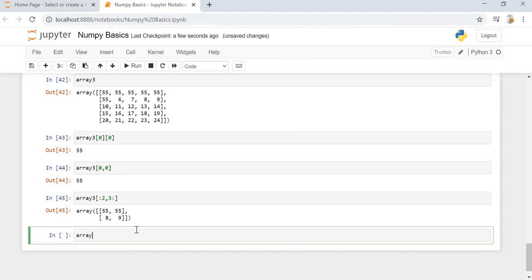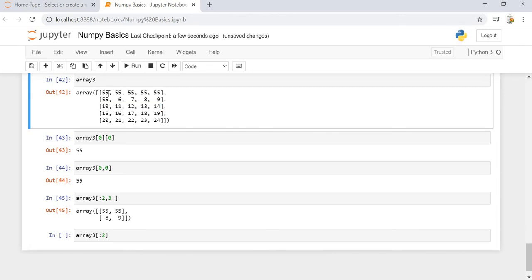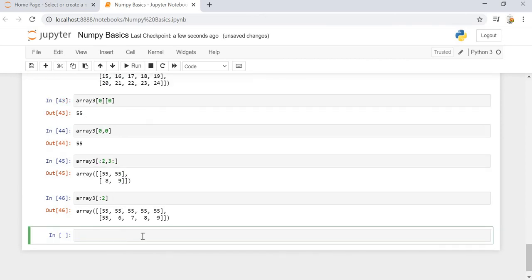Array 3 of colon 2: anything before the second row should be printed. The second row is 10, 11, 12, 13, 14. So before that, what are the rows? The first row, all entries 55, and the second row comes as 55, 6, 7, 8, 9. It will show us that only.